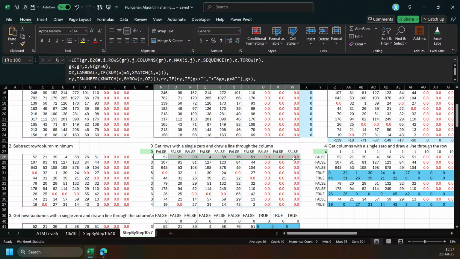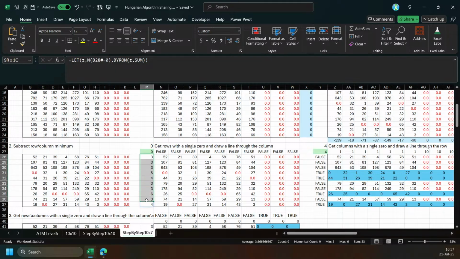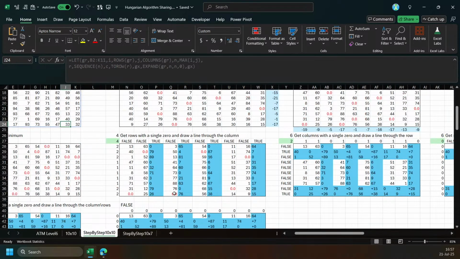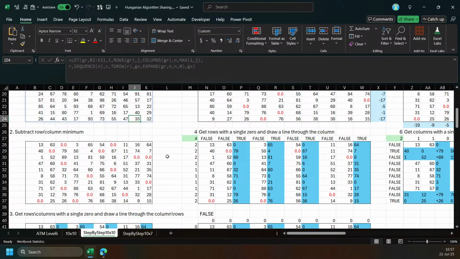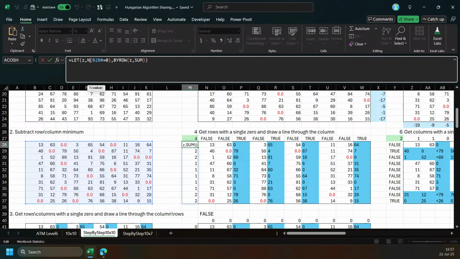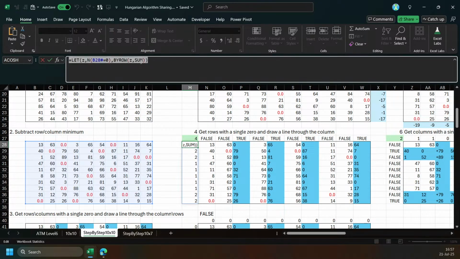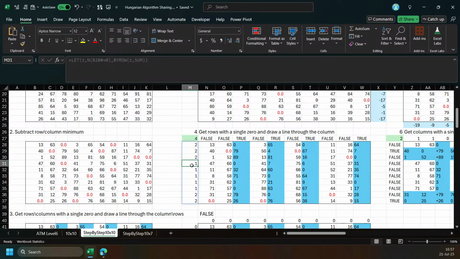This one have, because we add 0 here, so there are no single 0 here. So I think I'll just step back to this one. Okay. This one. Okay, so we have a single 0 here, which I count with this formula: count how many zeros of n and then sum. And then with this one,